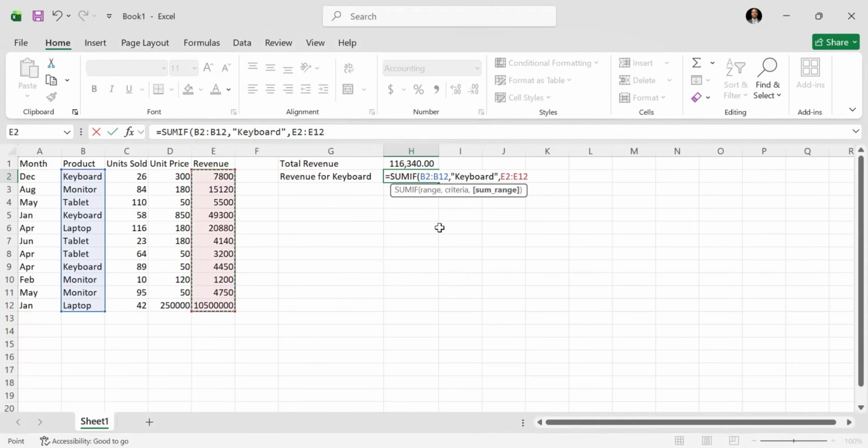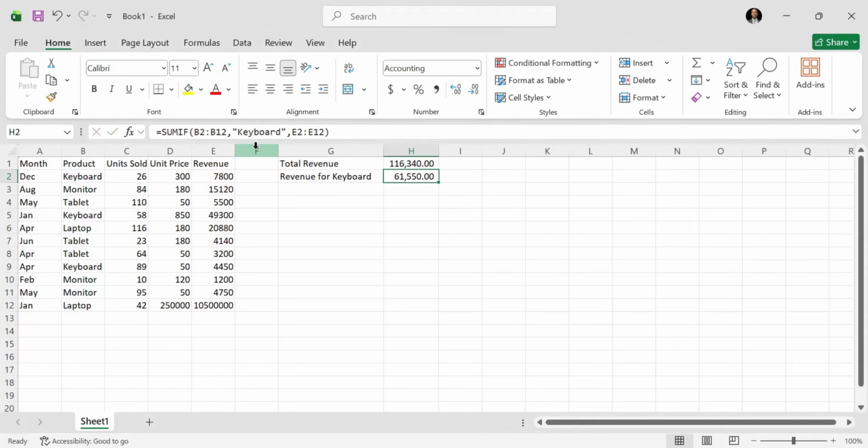Okay, and then hit enter. Now we have the total for keyboard. This is just for keyboard. You can use the same formula to calculate for monitor how much revenue is from each of the product